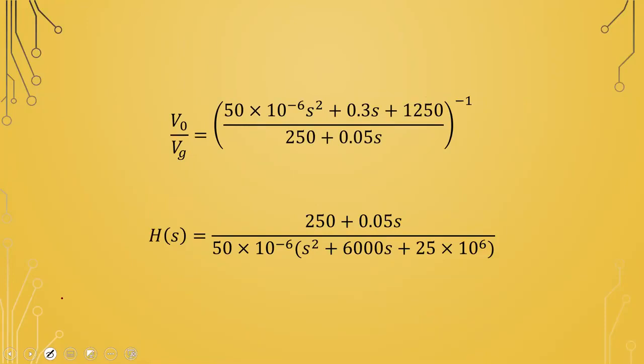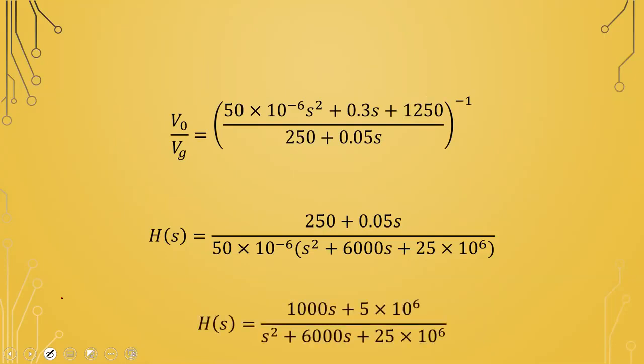So we're dividing through by, or we're factorizing the 50 times 10 to the minus 6. And so that now becomes my transfer function. All right, so note I have inverted here. Yes? So I've inverted and at the bottom I've simplified. So it is at this stage, now that I have made the coefficient of s squared 1,